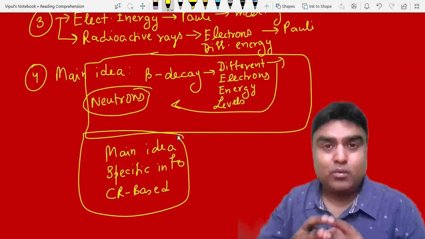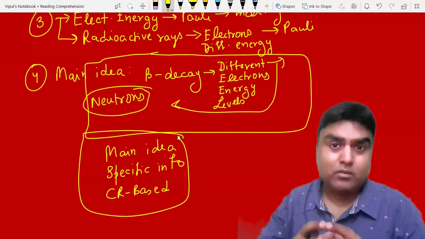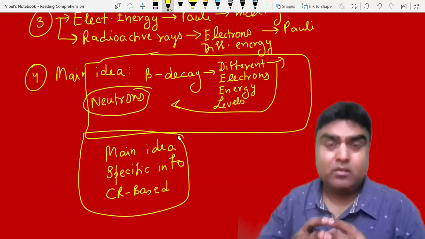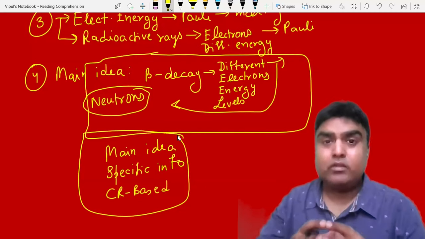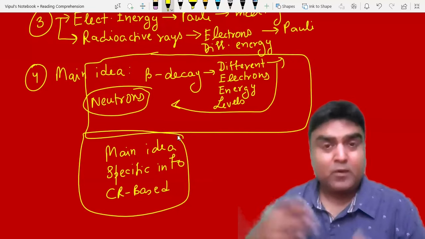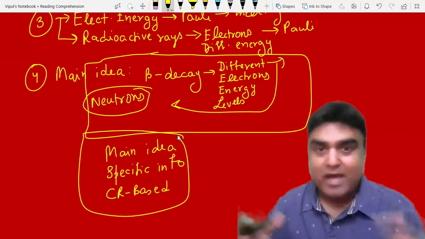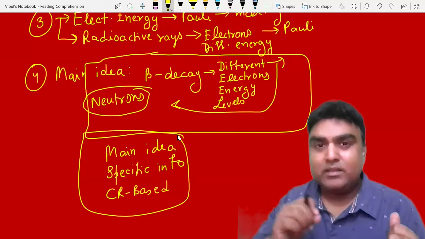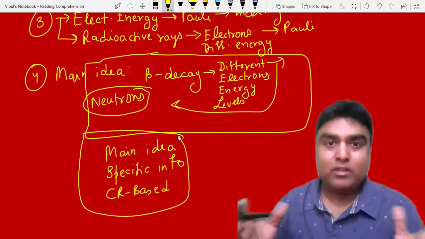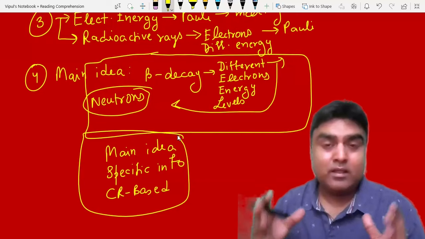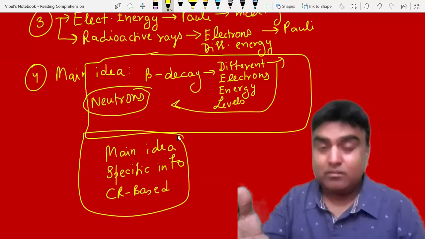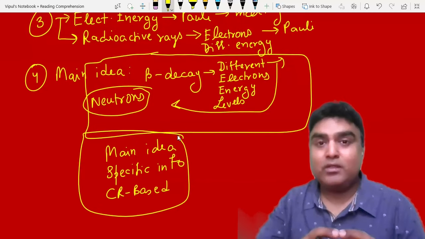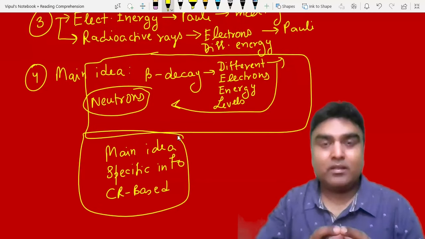So if you want to have very good numbers, a very good percentile in reading comprehension, then try to develop a skill, or try to focus upon the thing which an IQ test wants from you. It doesn't want to make you a language professor. It wants to see whether, without even understanding each and every word, he is able to come out with the main idea. Is he able to understand the whole situation, which as a manager, future CEO, future entrepreneur, you need to do in your life. Okay. Thank you.